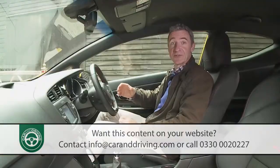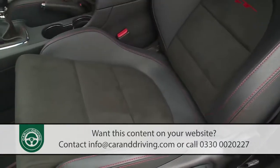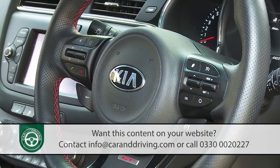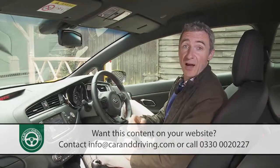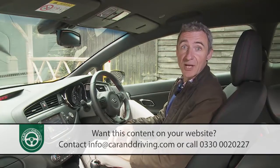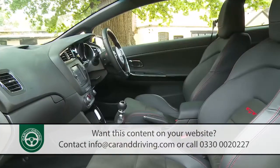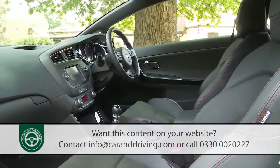This GT version has Recaro front seats with part leather, part suede upholstery. There's also red stitching for the leather on the steering wheel, the gear knob and the door inserts. Even if you can't stretch to all this tinsel, you shouldn't find too much to complain about in terms of the basic cabin design. Look around and pretty much everything you'd expect in an affordable coupe is present and correct,